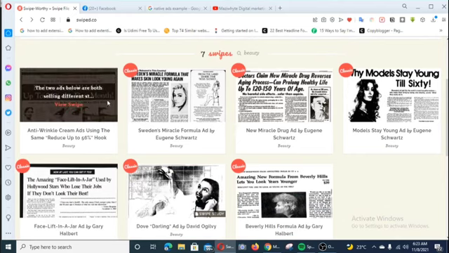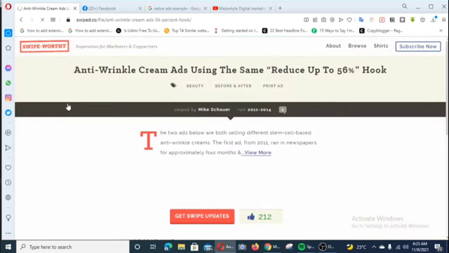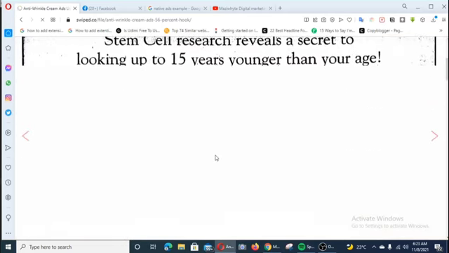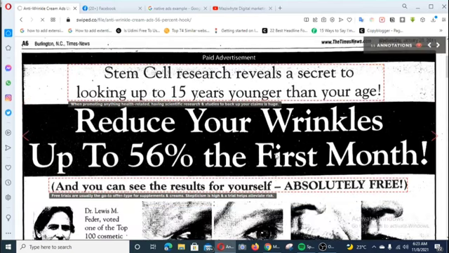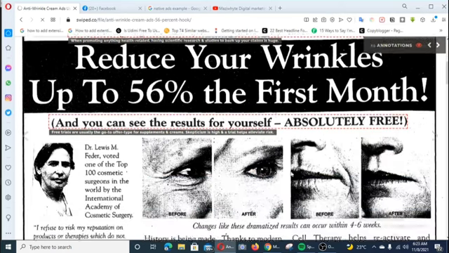For instance, this one is on wrinkles. Let's check out this swipe. Okay, and look at the sales copy. It says, stem cell research reveals a secret to looking up to 15 years younger than your age. Reduce your wrinkles up to 56% the first month. All right, and you can see the result for yourself. This is absolutely